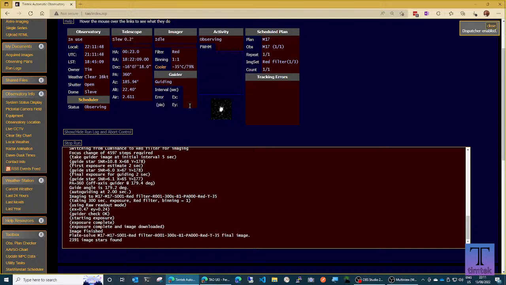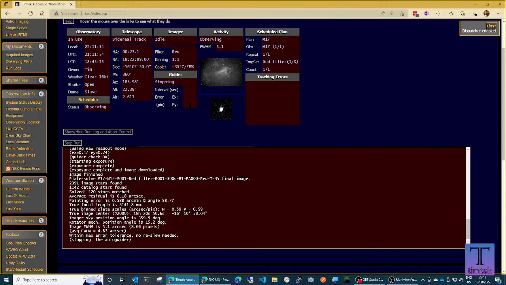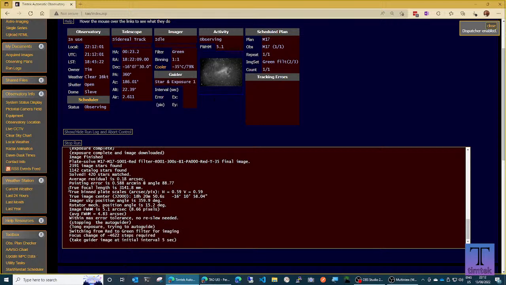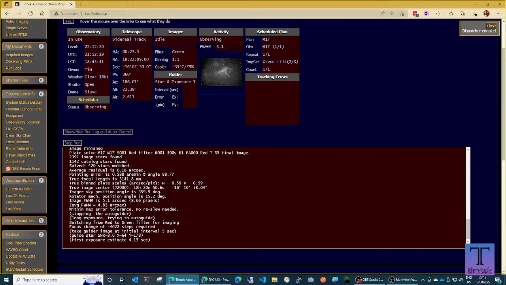ACP will be plate solving the image. There we go. Oh, and there's our thumbnail. Okay, so 2,391 image stars, 1142 catalogue stars. I've limited the magnitude I can use from the catalogue just to keep things manageable, which is why it's finding less stars in the catalogue. There are actually a lot more stars in the catalogue, but I limit the magnitude that I allow it to use. So 420 stars matched, pointing error 0.588 arc minutes,